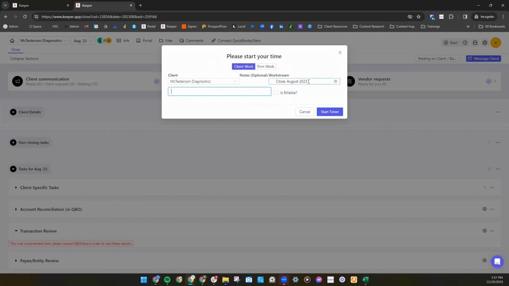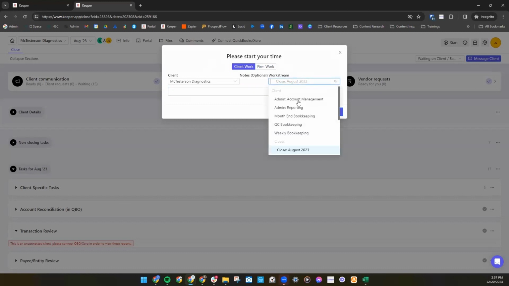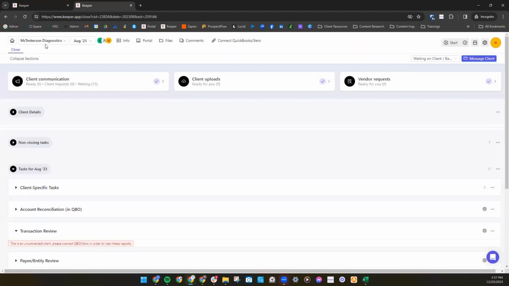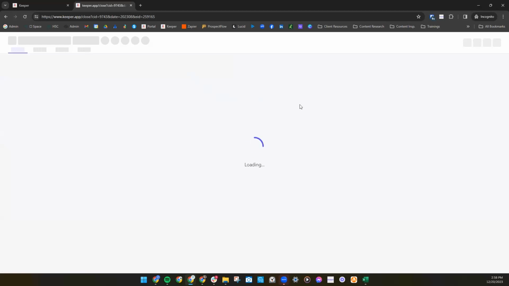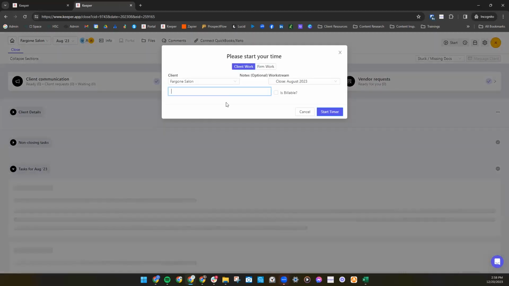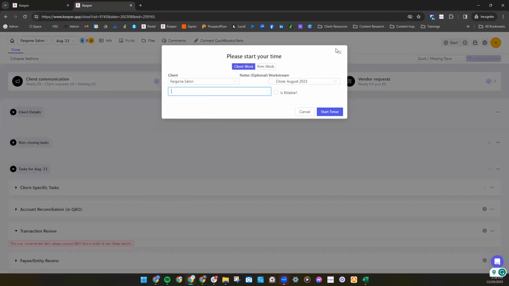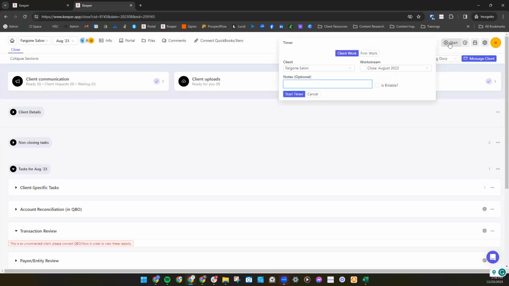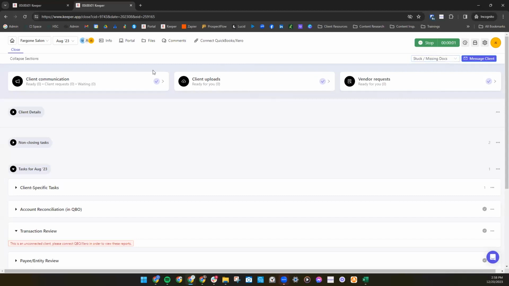And it will show me the close because that's what I'm currently on, or I can change the work stream if I'm doing something different. Then if I come up here and I change my account, it will ask me if I want to change my timer. So if I actually have one started, I'm just going to go ahead and start that, let that run. Then if I change